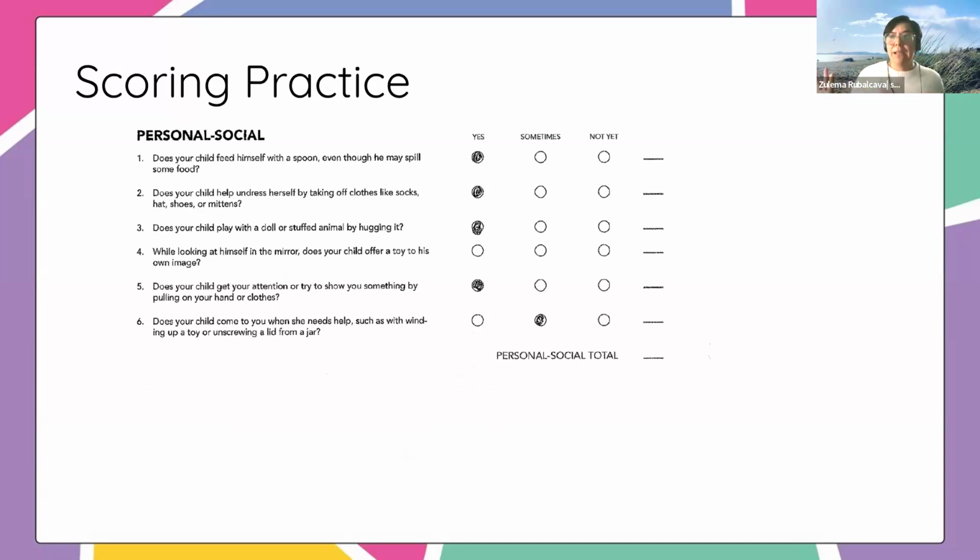So here is one example of a domain that's been completed. What is the score for this domain? When you have it, put it in the chat, but don't hit enter yet. We're going to do what I like to call a waterfall. Everybody will put their answer and then hit enter at the same time, and you'll see a waterfall of answers. That way, for people who, like me, find math is not their strong suit and it takes a little more time to add, we don't get spoiled by other people's answers.